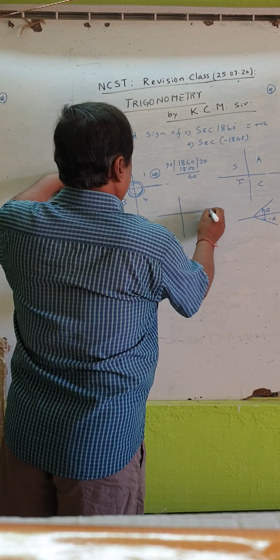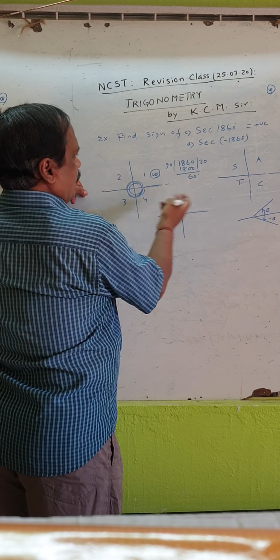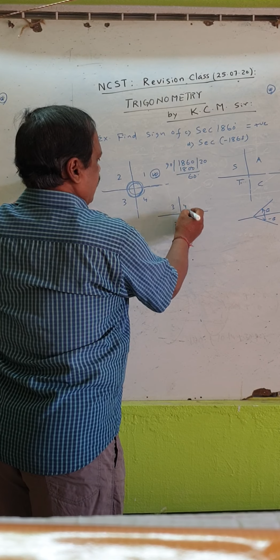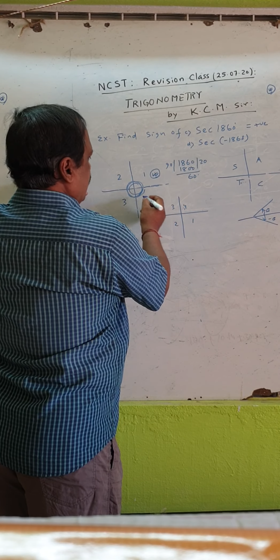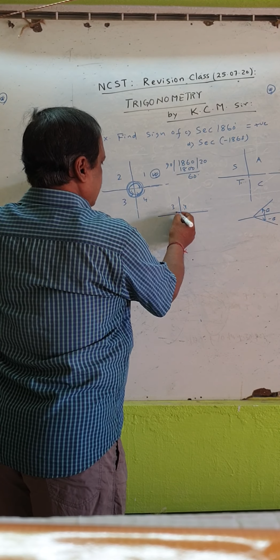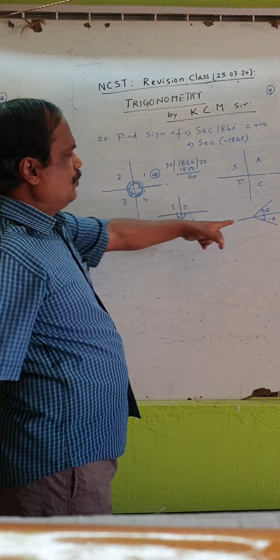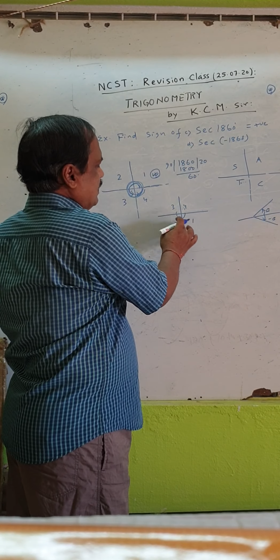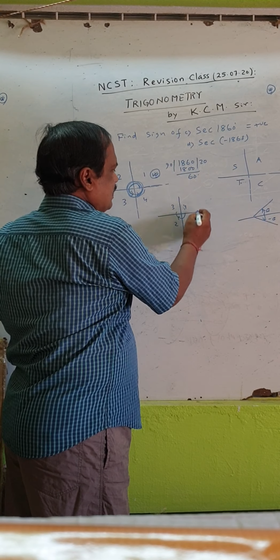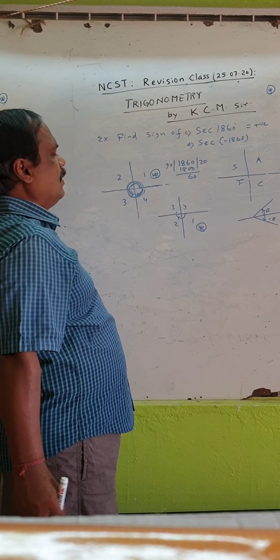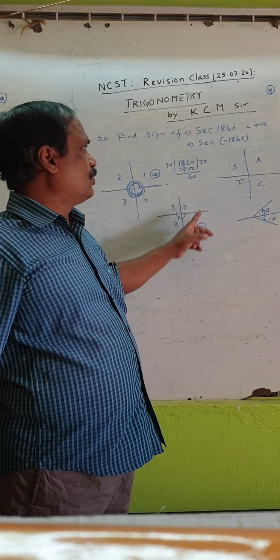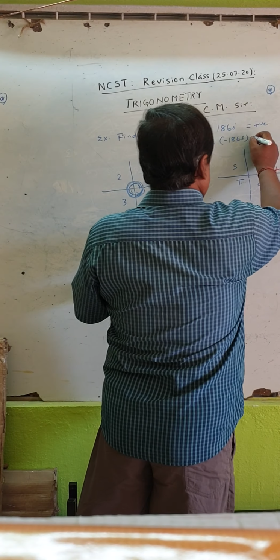Now come to the second one. For the first one, 1, 2, 3, 4, because it is the positive way. For the second one, 1, 2, 3, 4, because you start in the negative way, not as you started here. So this will be first 90, second 90, third 90, fourth 90. All multiples of 4 end here, so 20 ends here. Then 60 means that it falls here, in the fourth quadrant. In the fourth quadrant cos is positive, so sec is positive. Therefore this will also be positive.